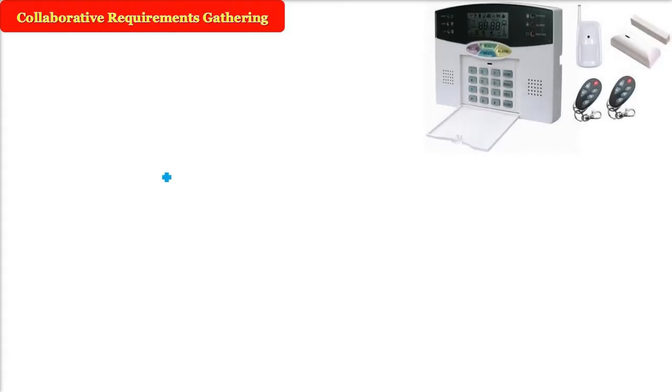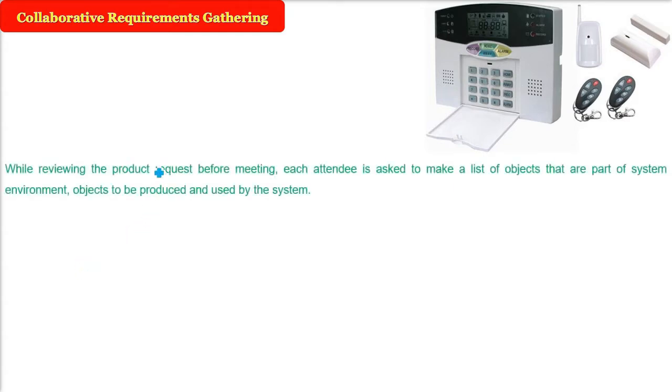So under this collaborative requirements gathering, both parties sit together with various others, and they want to find out the requirements. Now the product request has been given and discussed. These are reviewed, the product request. Now all the attendees who are present are asked to make 3 lists. First is the list of objects,